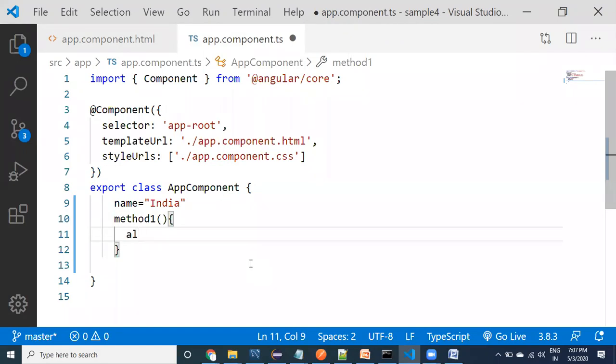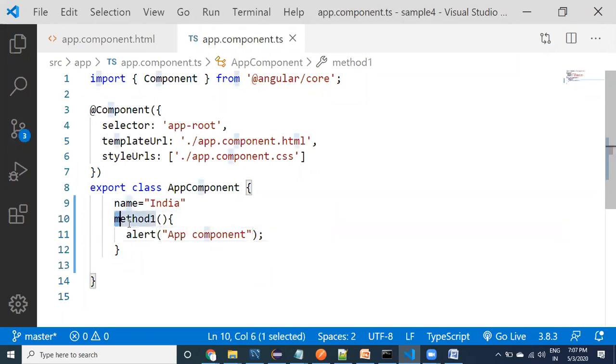What I will do is just an alert here. In the app component, if you observe carefully, I have created a property and I have created a method.